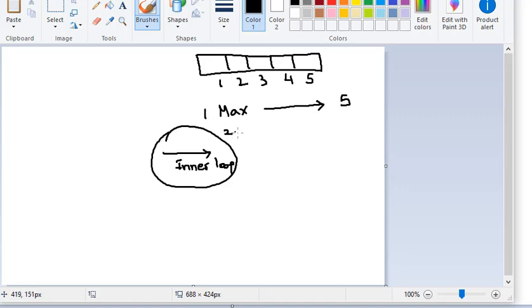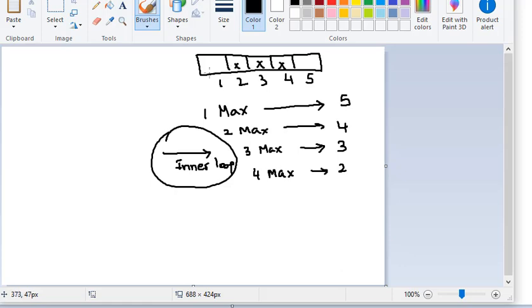In the second iteration, the second maximum will go and occupy the 4th index, isn't it? It will go here. In the third iteration, whichever is the next maximum will go and occupy the 3rd one, isn't it? And in the 4th iteration, the 4th maximum will occupy the 2nd